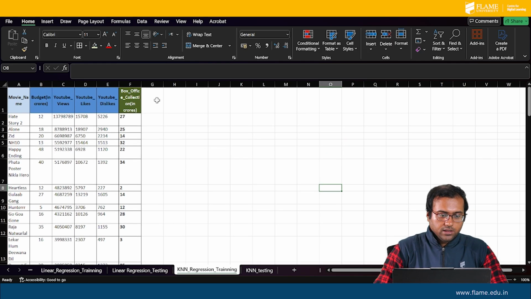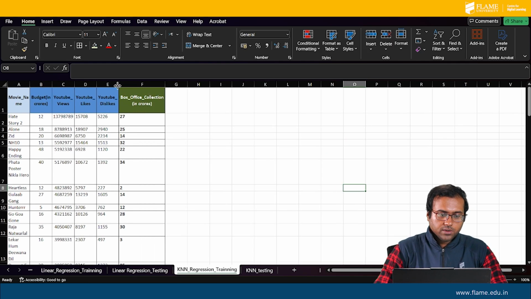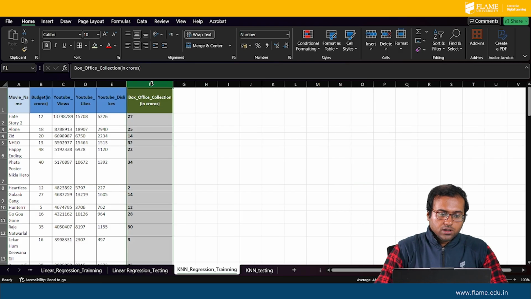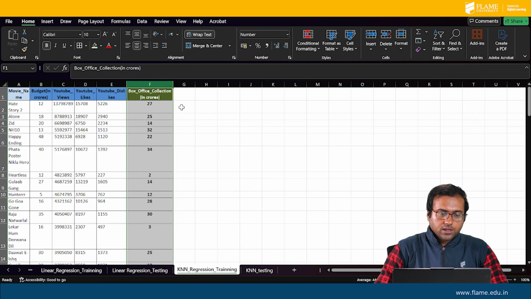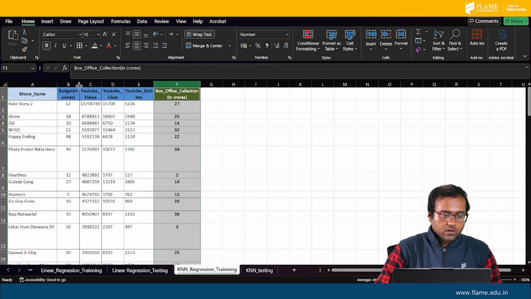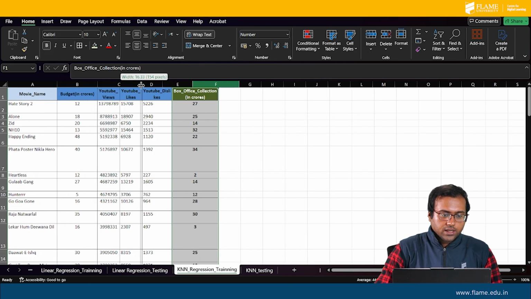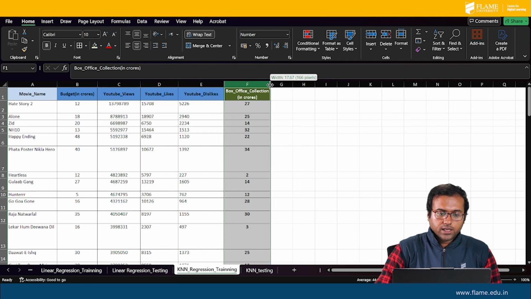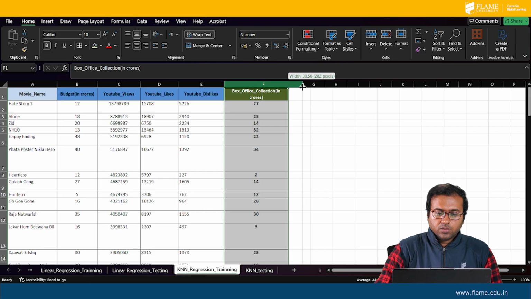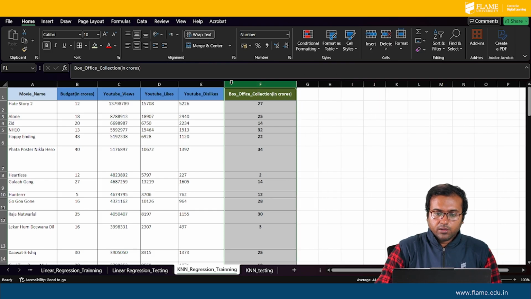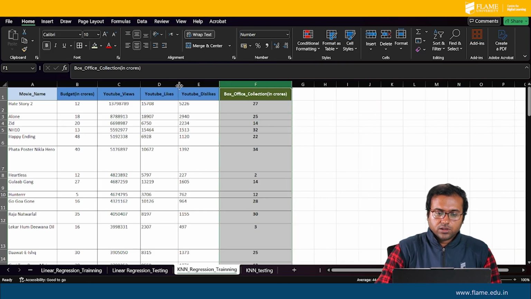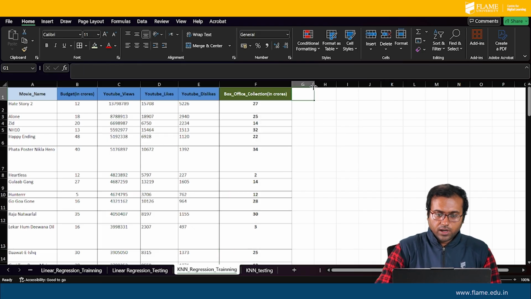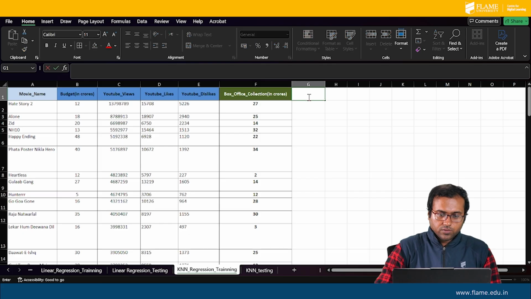So what is the main concept of KNN based regression? It generally tries to predict based on the neighbors. Now there is a catch, I mean how it is predicted. So basically we have to select an odd number of neighbors while training the model, and based on the average we have to find out the predicted value. Now if I just write over here